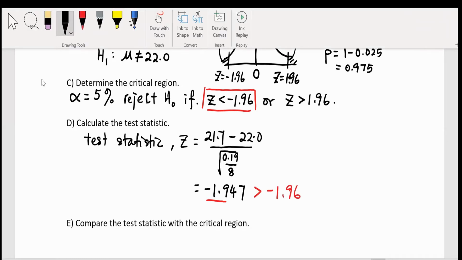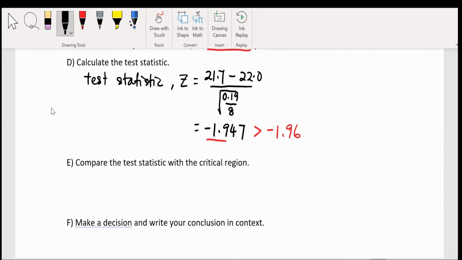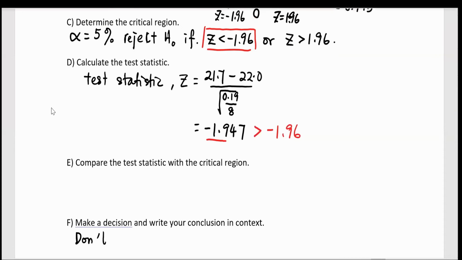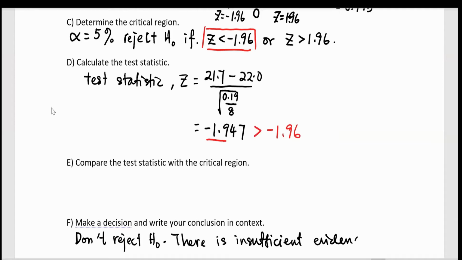And that's where we can make our decisions. Do not reject H0 now. Right? Then we can come to the conclusion. There is insufficient evidence at 5% significant level